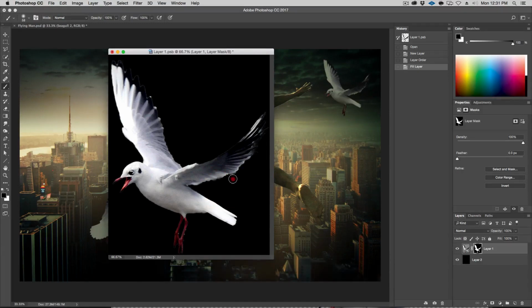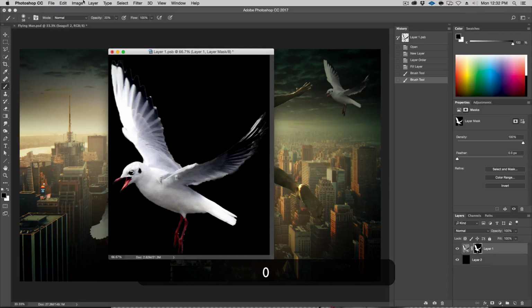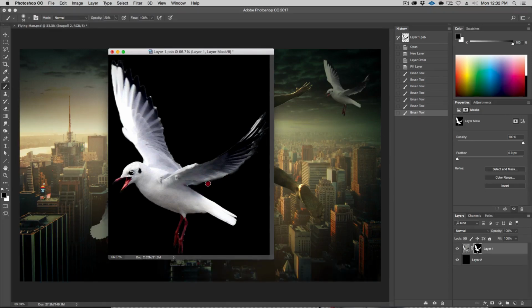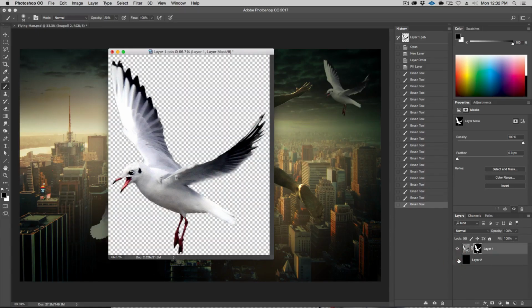So I'm basically softening this whole edge here. I don't like some of that white coming through. Okay, let's go 20% opacity up here, so it's very, very light. I don't want to go too heavy-handed, like so. Okay, hide this and save.